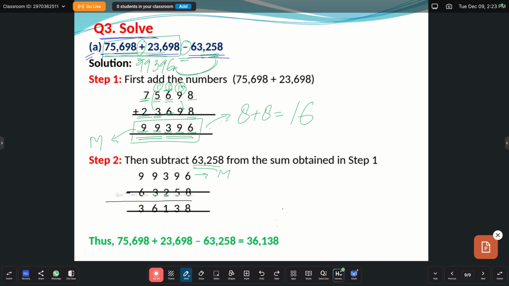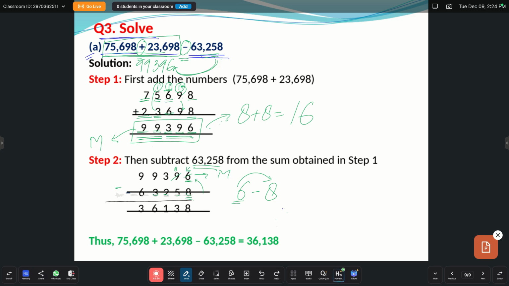Here this is 6 and here it is 8. 6 minus 8. Can I subtract this 8 from 6? No, I can't, because the minuend should be greater than the subtrahend. So what will I do? Here, I will borrow from the tens column. Here it is 9. Now it will remain 8, and 9 will give 1 to this column. It will become 16 here.